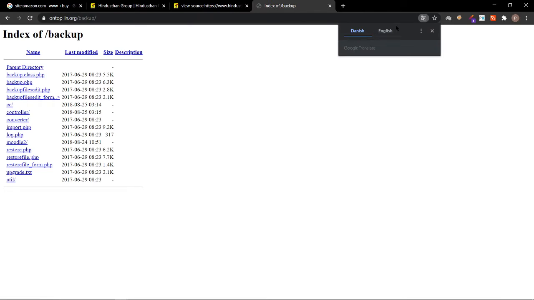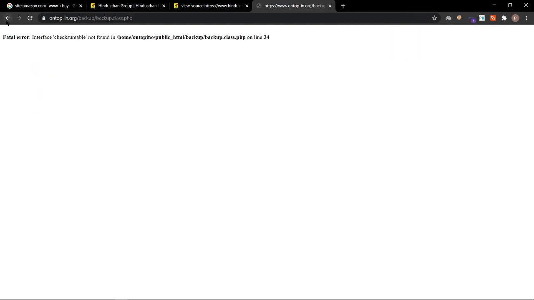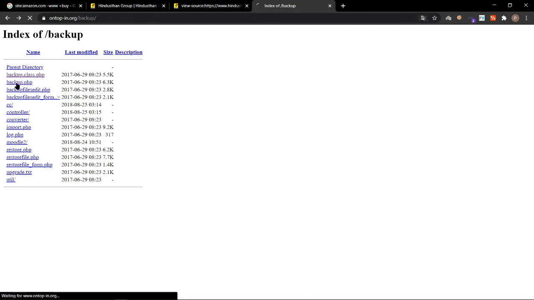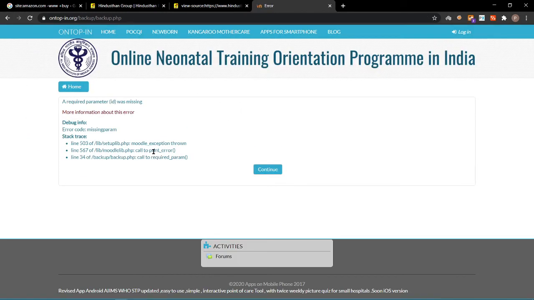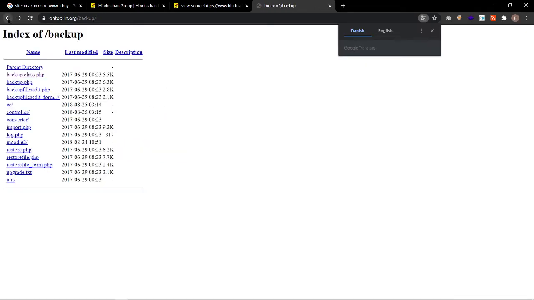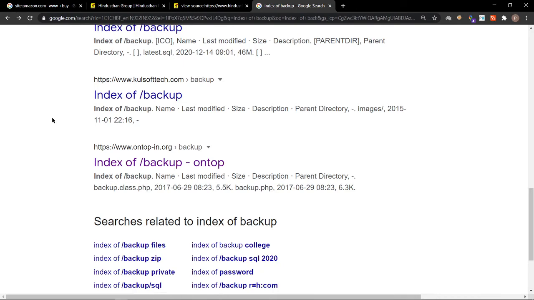Okay, which website is it? Parent writer, backup.class, okay, they have secured it. Backup.php, okay, ID missing, it is saying it is verifying the archive. Okay, model. Yeah, you can find a lot of directories which are exposed on Google globally.